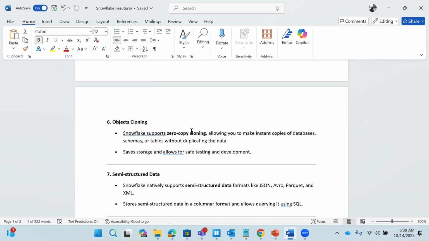Suppose, let's consider in real-time scenarios, if you have one database in Snowflake, it will have some 5 TB. If you create a copy of that database into the dev database, and again it takes 5 TB, then there will be cost issues. You need to pay for that extra 5 TB of space. Instead of that, what Snowflake has simplified is just